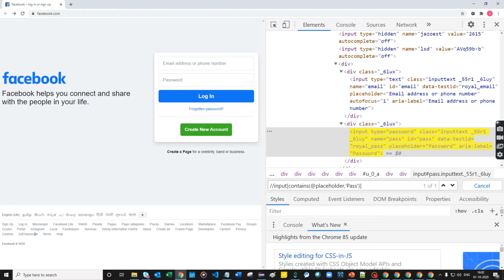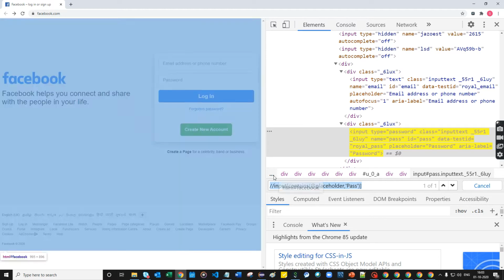Take as an example, string A contains this string. In that manner I'm using contains. I didn't mention the specific attribute value. I just gave the partial attribute value, right? So that is the reason I use a comma inside the single quotes. I'm going to give the partial text, which is the contained text, right? So this is the format we follow using the contains XPath.